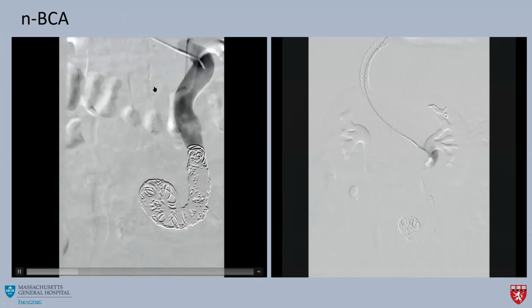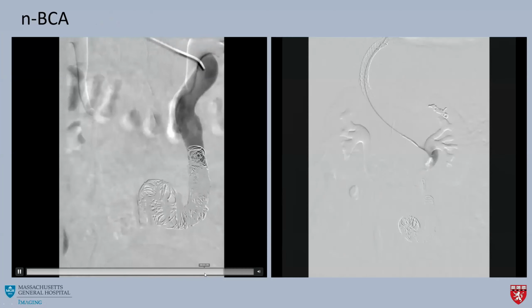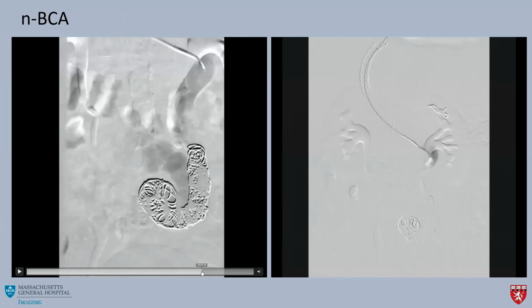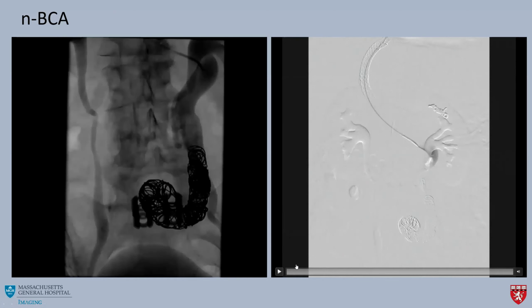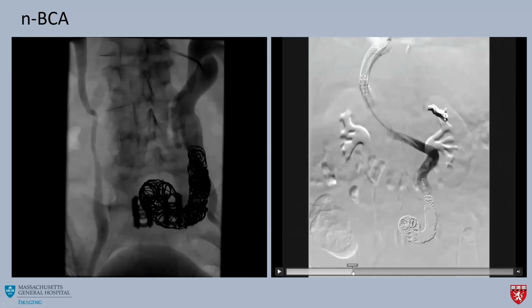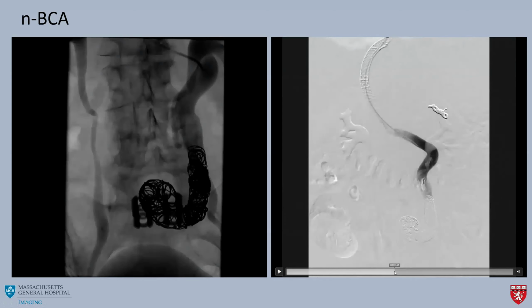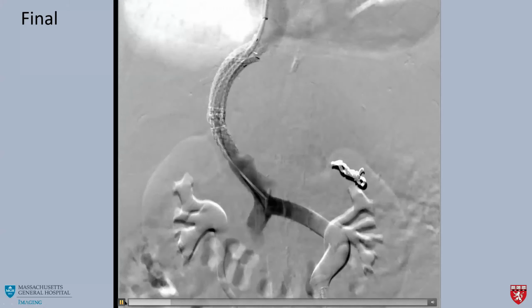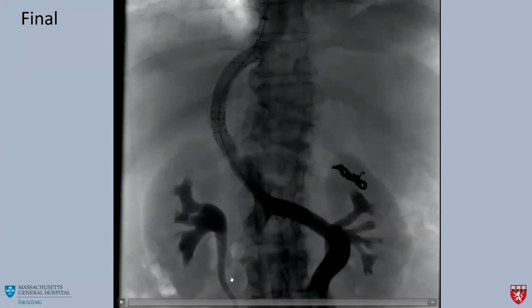And after we relined the stent, we did a repeat run of the IMV varices, and you can see there's still incomplete occlusion. So at this time, we had already spent so much time on this case. We decided we should just finish this off, make sure that this is completely occluded. So we injected glue, basically a BCA and Lipiodol mixture, into this varix, and then here you can see there's complete occlusion. And this is our final run. You can see the TIPS is patent now.